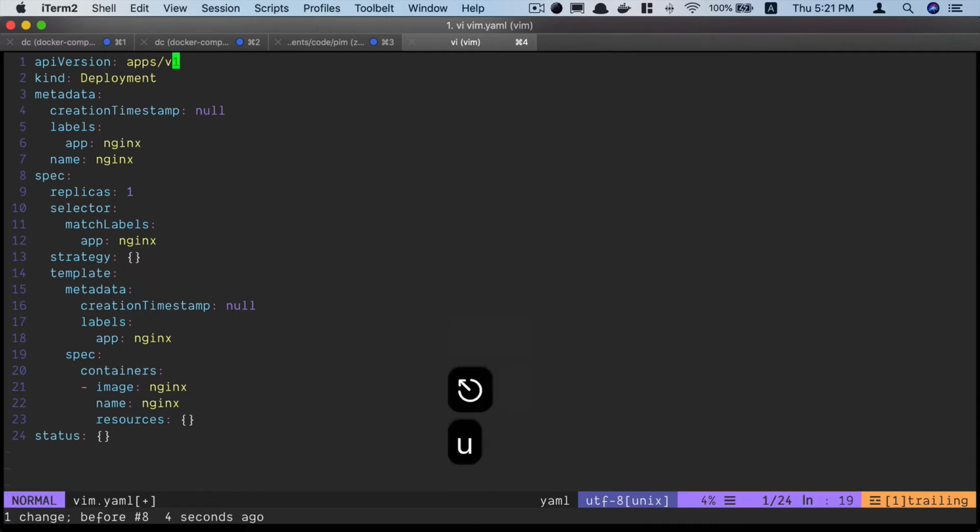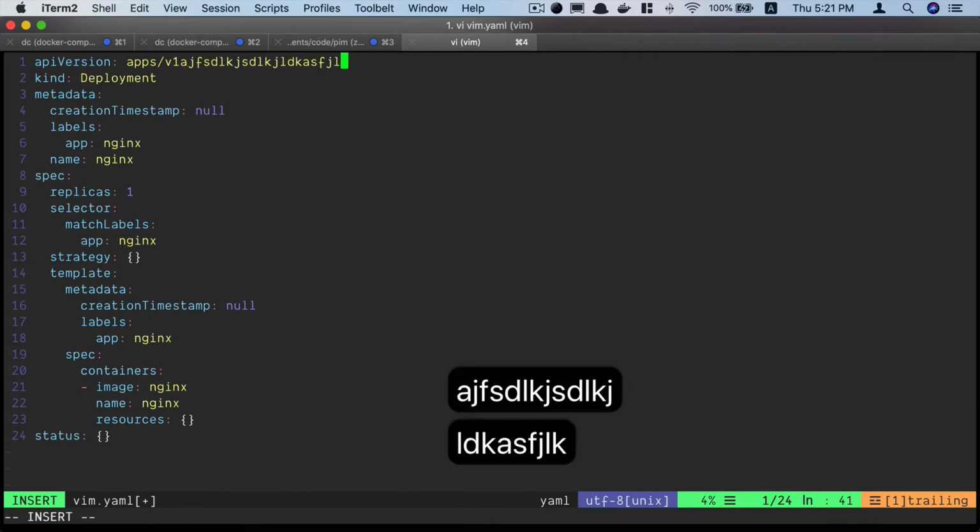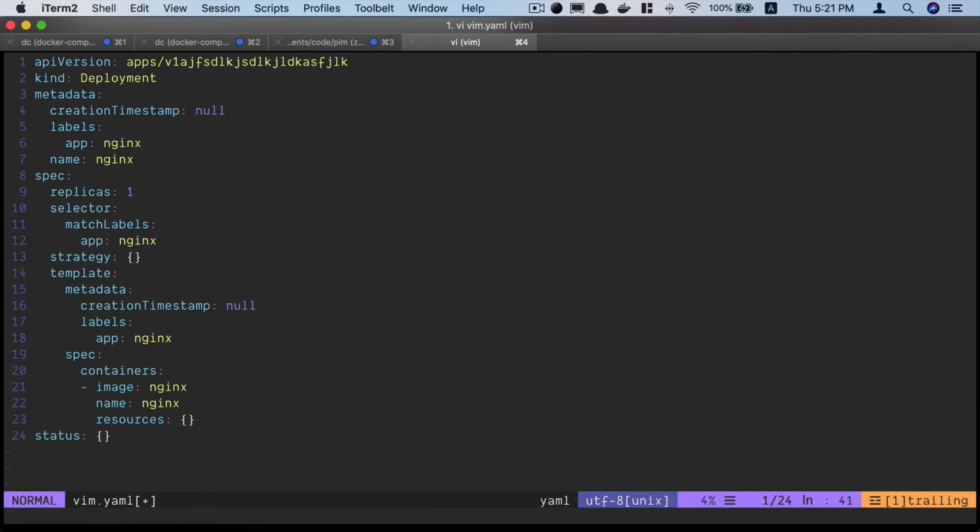1. And the opposite of that is A. So if I type A, that is like appending after the cursor. So when I start typing, all the characters go after the cursor. U, by the way, U is for undo. So whatever changes you make, you can hit U and just undo the changes.